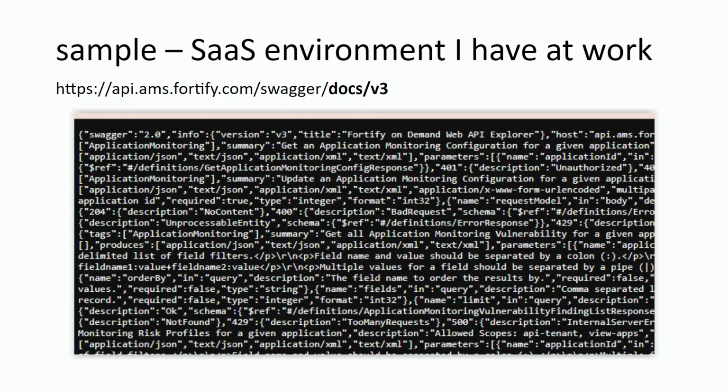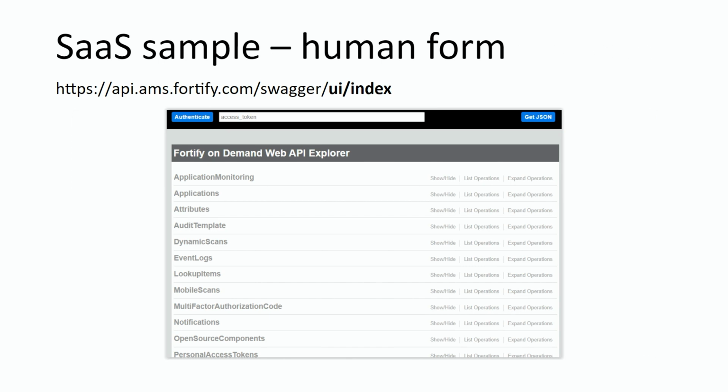So instead, what's really beautiful about Swagger, you notice this at the end where it's got the Swagger and this is the documentation. I can come to the human readable form, the UI. This spells out the endpoints. So each one of these is a different endpoint with a series of actions that it can do, and that's all it does. So one of these is to run a dynamic security scan. Again, that's our product that we work with.